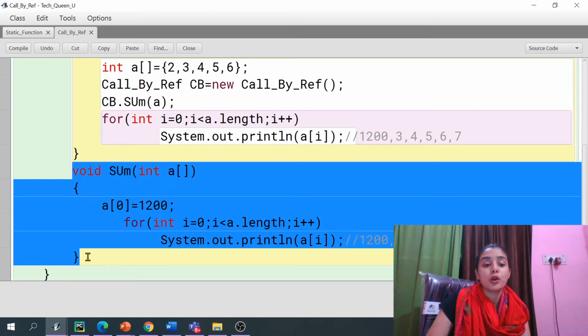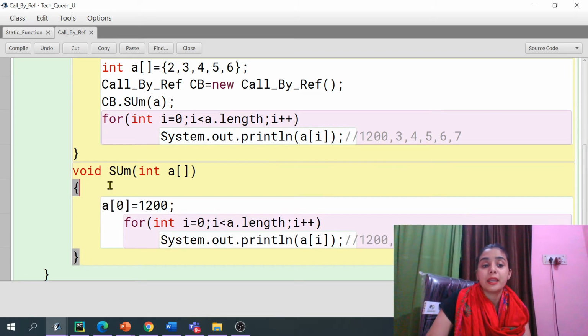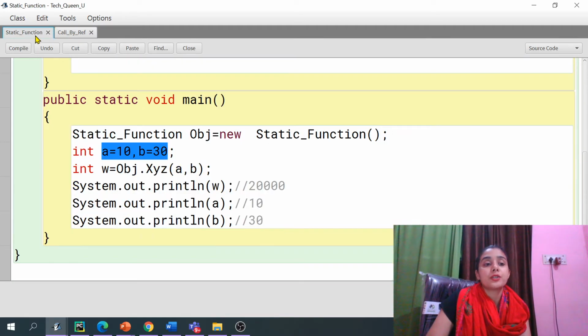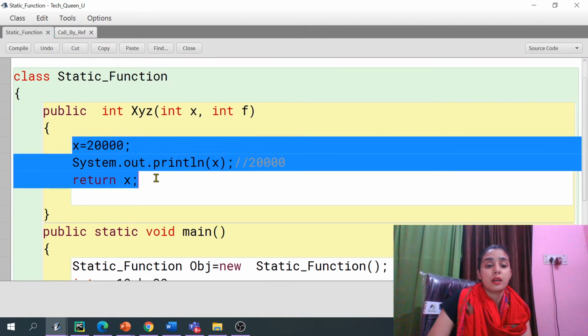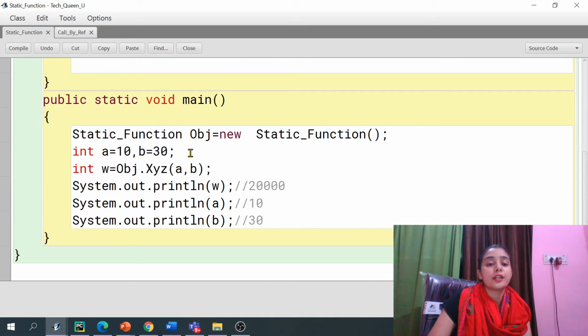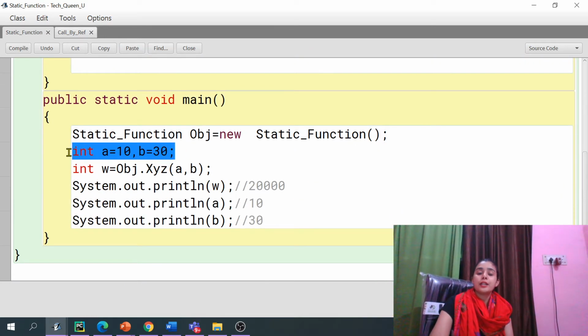But in call by value, whatever changes you make to the value you received will not reflect on the original. Your original will remain the same, right?